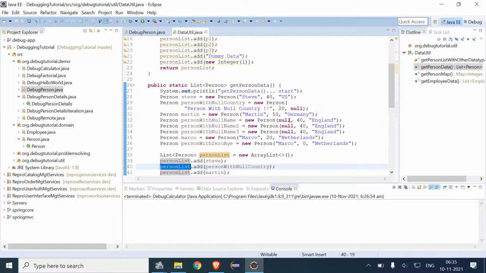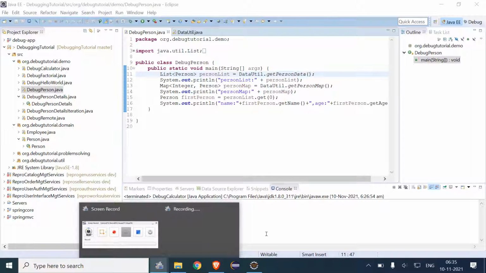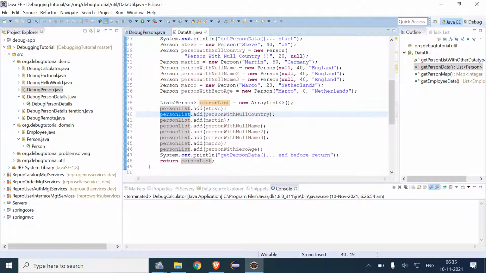So these values are inserted, and if we come to the program, these three things are being displayed.